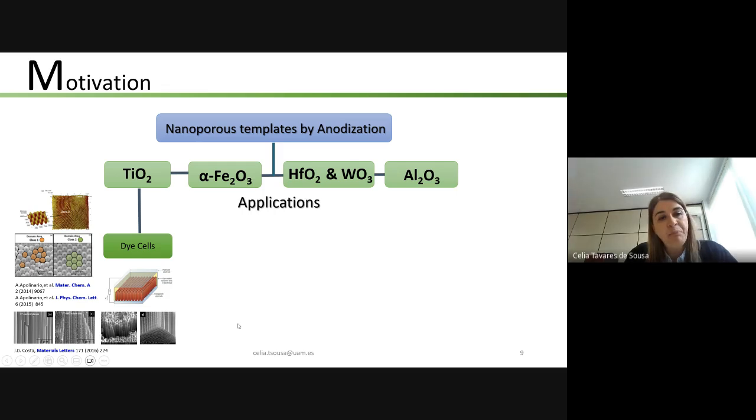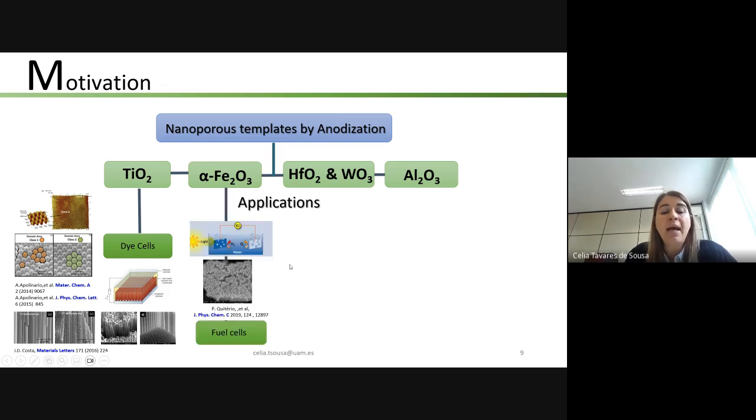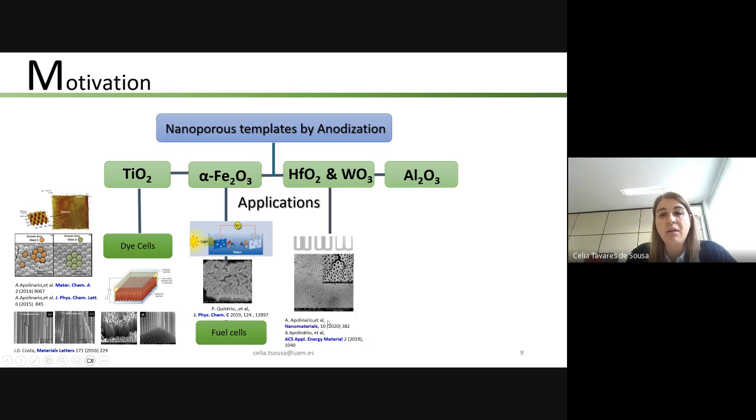Now we are working with black titanium oxide also, to apply it for hydrogen production and for photocatalysis. We also used iron hematite porous templates for application in photoelectrochemical solar cells, and the same for